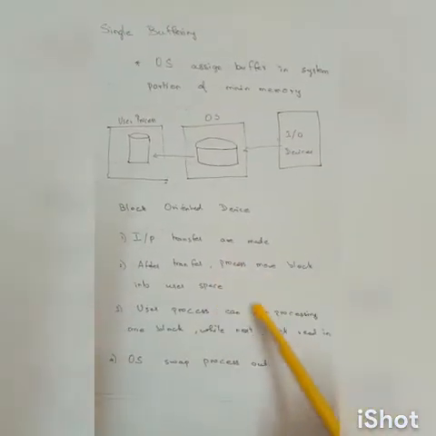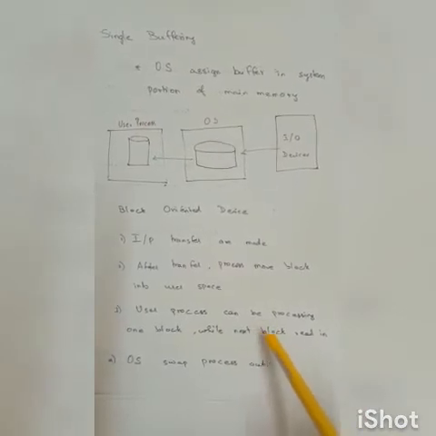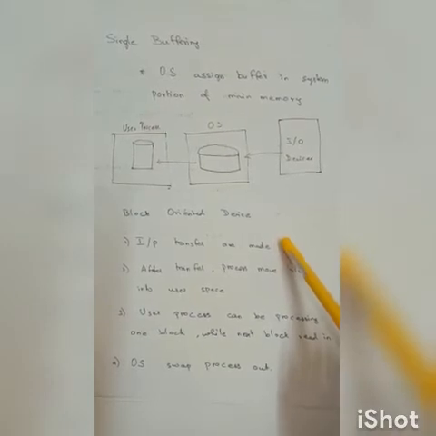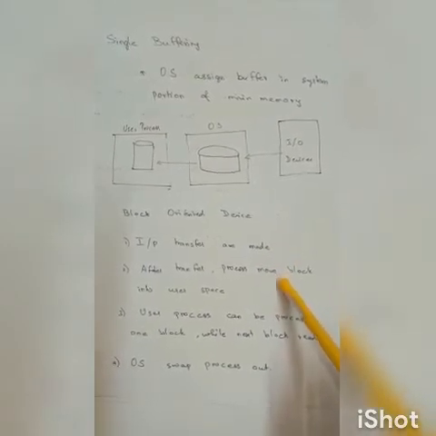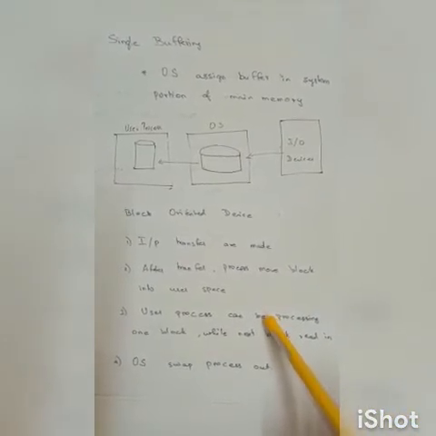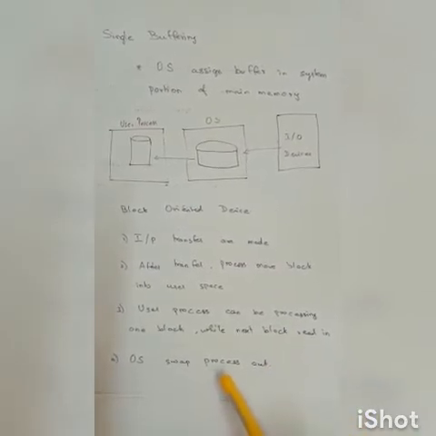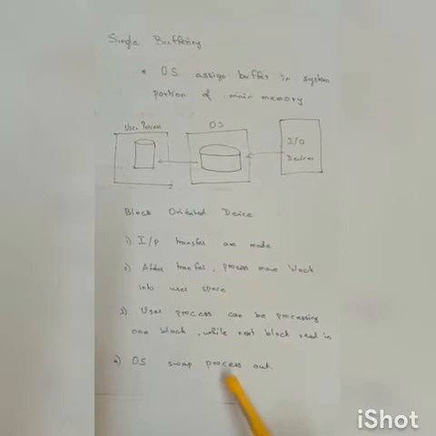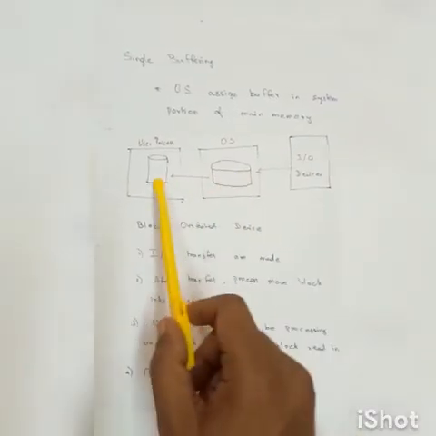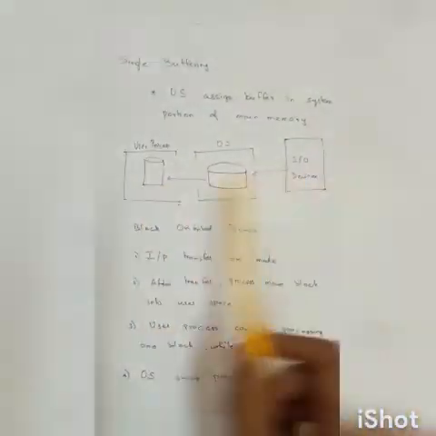When the user process is processing one block, the next block is ready to get inside. Input transfers are made, it moves into the user space, and the user starts using the process. While he is accessing it, the next block is ready, and the OS is ready to swap the one which is completed. That's how it's shown here. Input output devices go to the OS, and then the OS moves the information to the user process. It's a single way process.